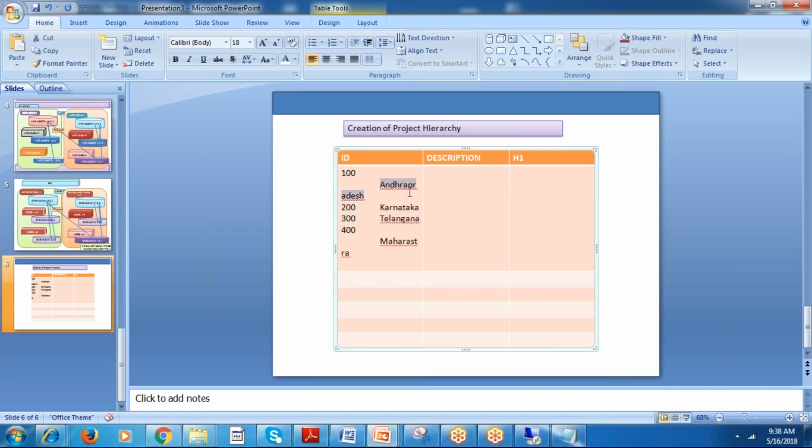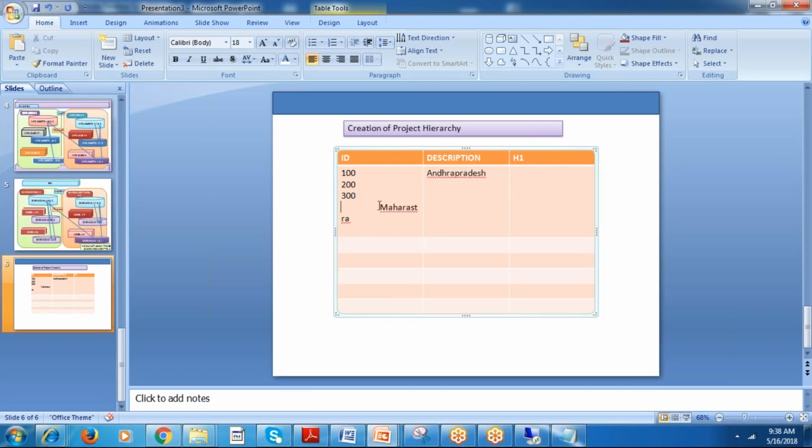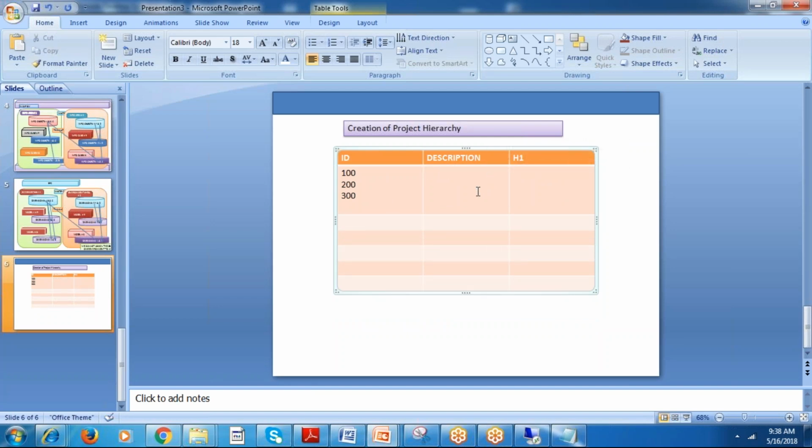Okay, Karnataka is a 200. Let me remove all this. 100, 200, and 300.